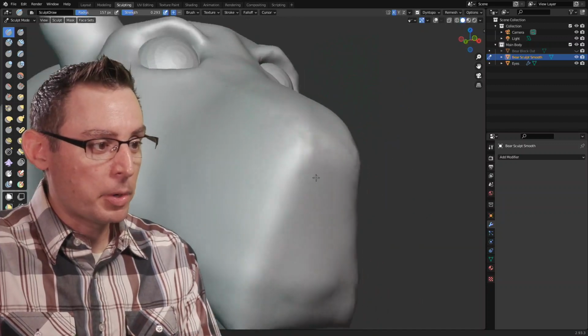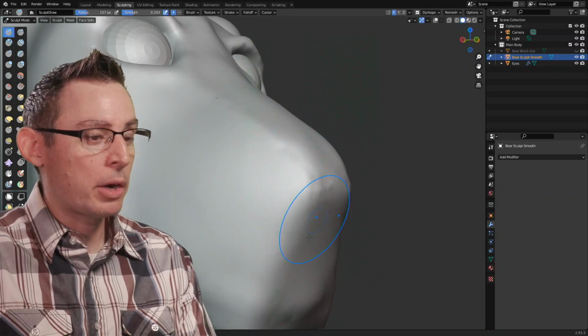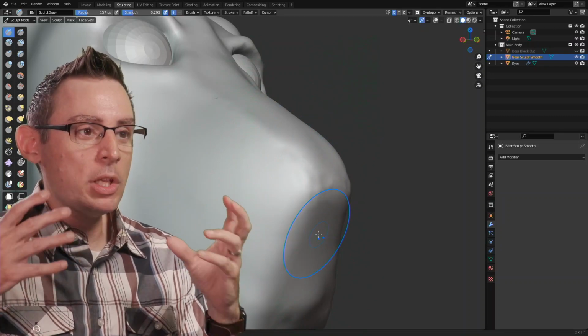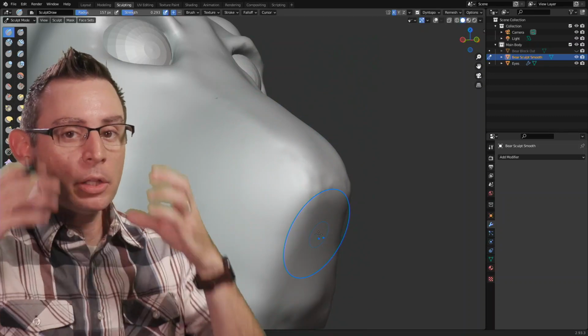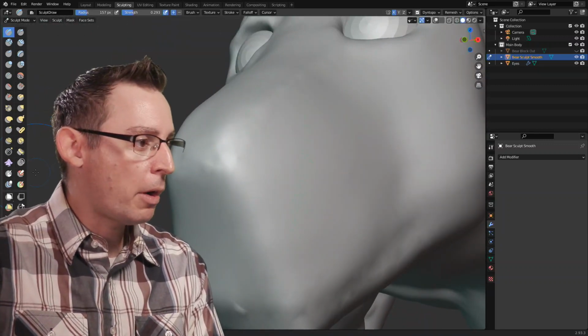The first thing that I think I'm going to do is create a mask. I'm going to mask out the area that I want to be the nose, and I'm going to use that mask to make it a little bit bigger. Let me show you what I'm talking about. It's pretty neat. Let's fire off our masking tool.